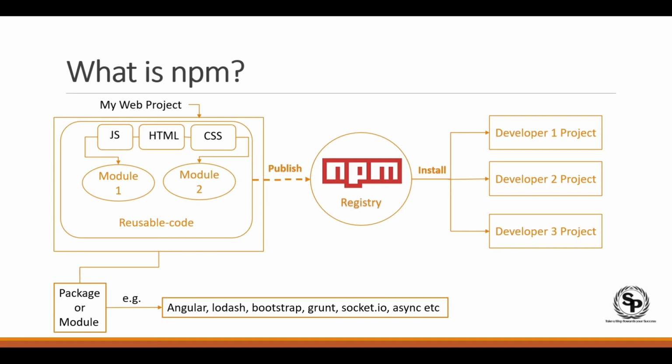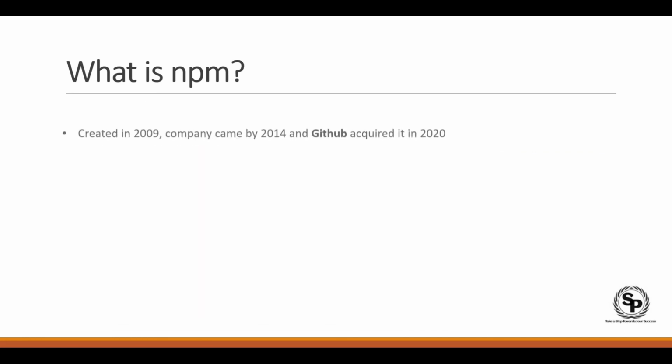Like I said, we have created this reusable code. So every reusable code that we are publishing to the npm registry has a common file, a JSON file, which helps us. This is package.json, which helps us to know what kind of project it is, whether it is a Node project, whether it is an Angular based library or whatever it is. So it helps us to run it, to use it, and it tells us about the metadata, the information about that project. So far we have learned that about npm.